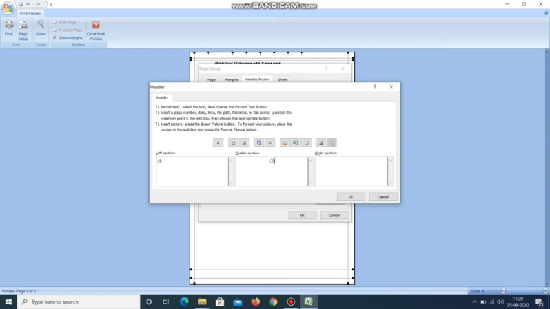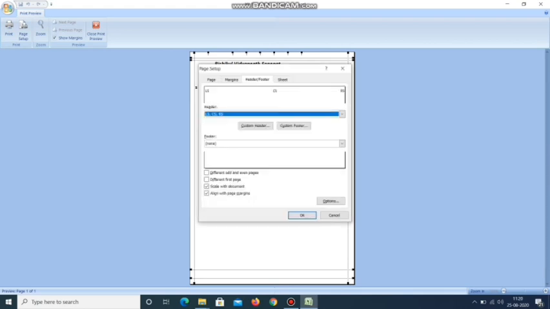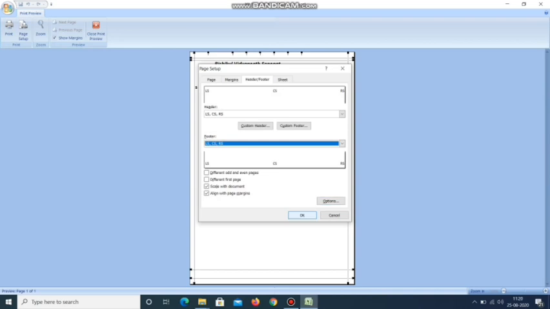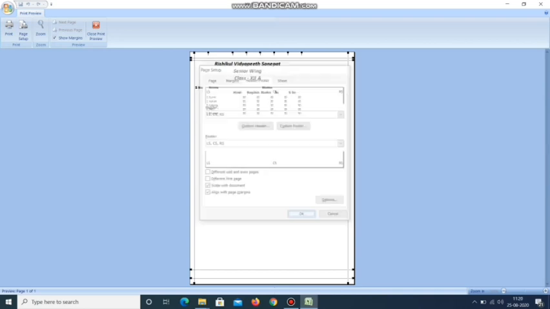You can give 3 headers: right side, center and your left. In the same way you can give footer to your page in the left section, center section and right section. If you want to give header and footer on all 3 sides, then you have to make entry for all 3 sections and click on OK.